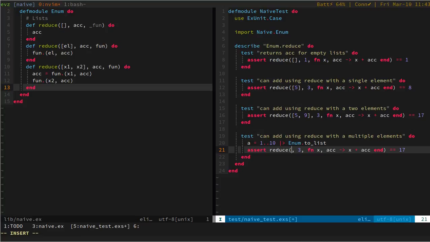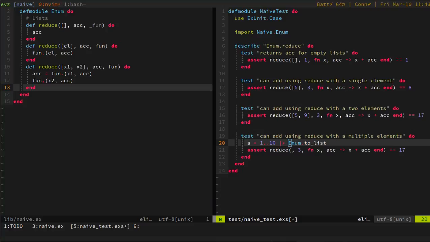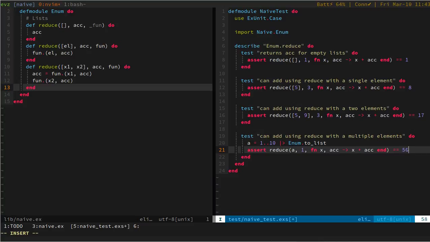Okay, so what is the sum of 1 to 10? n into n plus 1 by 2 is 55. So if I start with 1, then this should be 56. Or if I start with 0, this should be 55. Okay, so